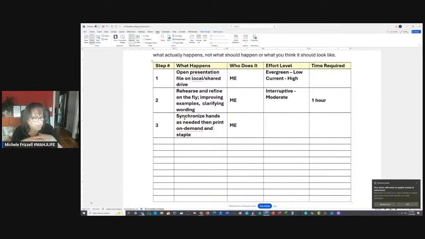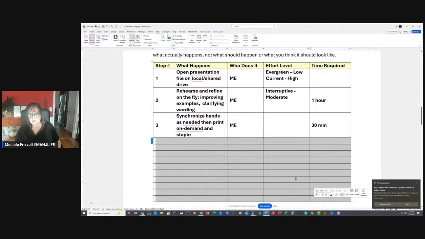That's good. Printing and stapling takes 30 minutes. Oh, okay. 30 minutes of the hour, or is that 30 minutes in addition? So you're doing this printing at home. So overall, it takes about an hour and a half to prepare for a lesson in addition. Okay, good. All right. So there we have it. There's one example here. Okay. We have an example here.